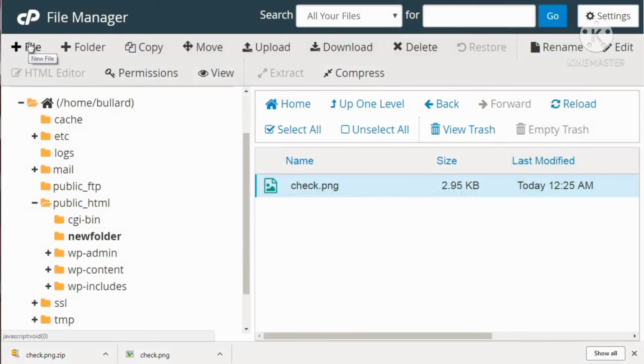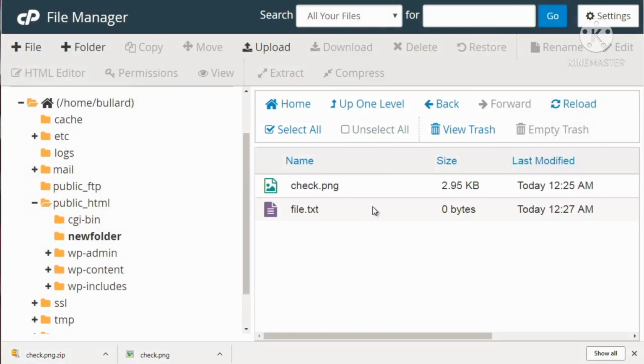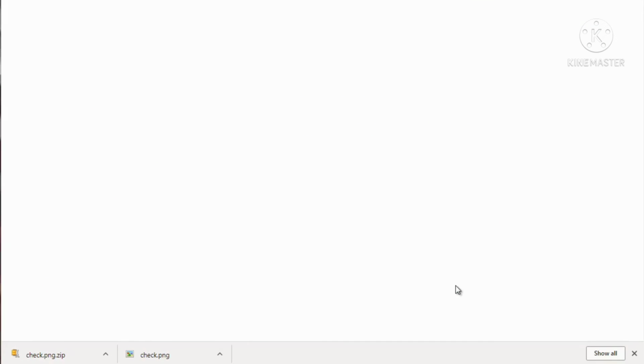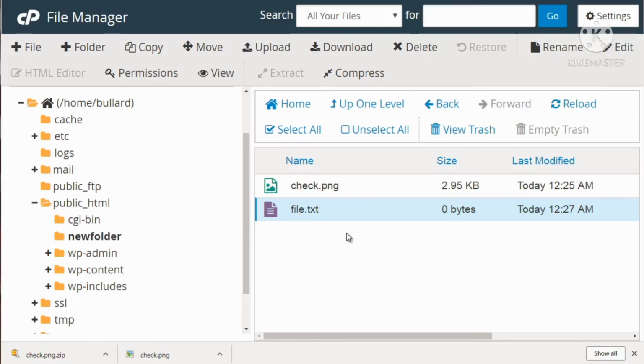So let's say, for example, we'll click File, New File, and we'll just name this file.txt. You can name it whatever you want it to be. So we'll do that, and we'll click on Edit. And now you can see that we're actually able to edit this particular file because it's a text file. You can also edit HTML files. So I could even do